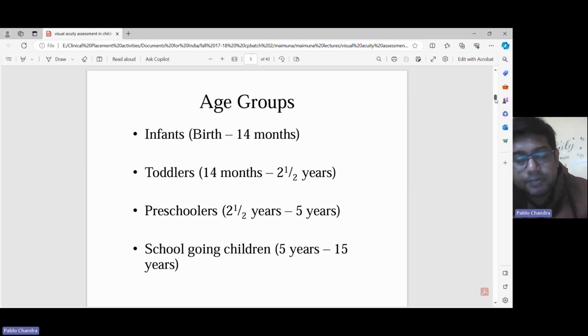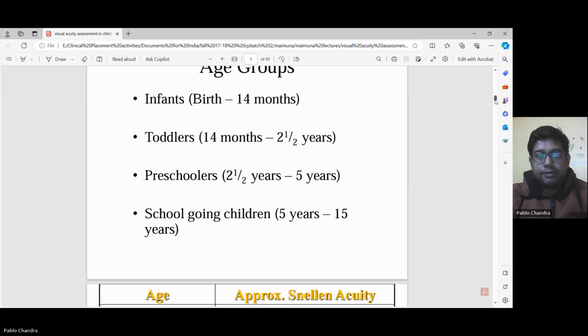So these are the age groups into which children can be divided: birth to 14 months, 14 months to 2.5 years, 2.5 years to 5 years, and 5 years to 15 years. If we can divide the children into these age groups, then only we can find out